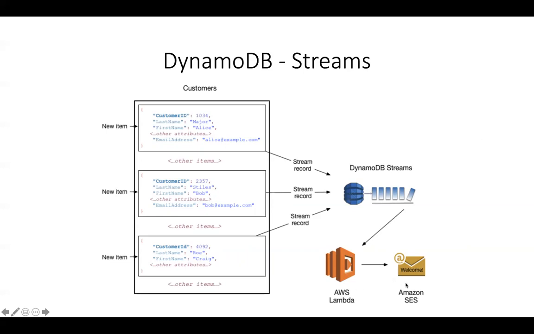So this is one thing that we saw in the architecture when we studied Lambda's architecture, right? Creating a serverless based registration website and so on. So you can see that's very much possible because you have this capability of DynamoDB streams, which is going ahead and capturing the new insertion into your DynamoDB table. And when that new insertion happens, automatically you can go ahead and trigger a Lambda function.